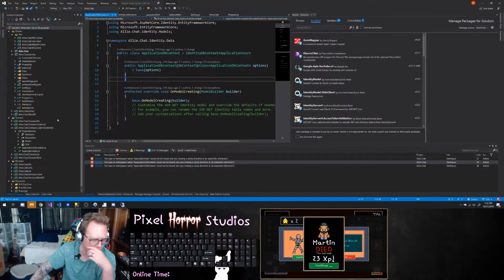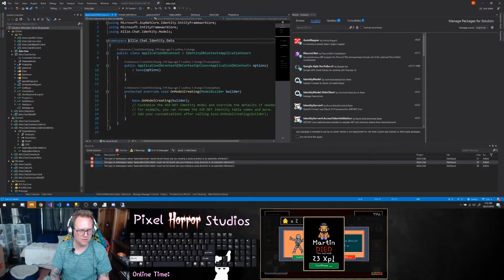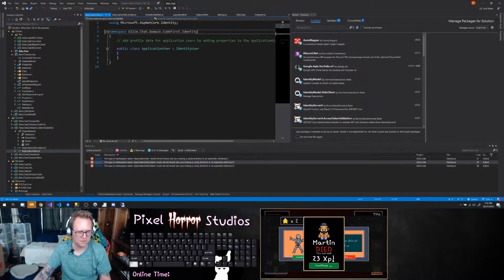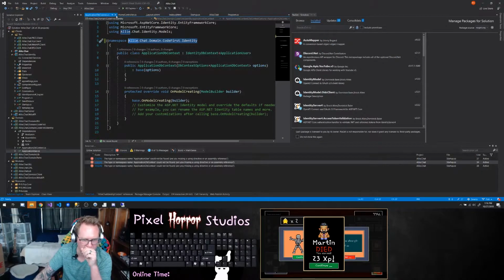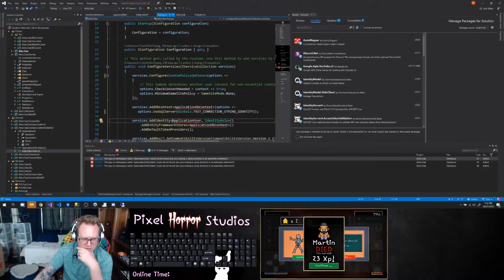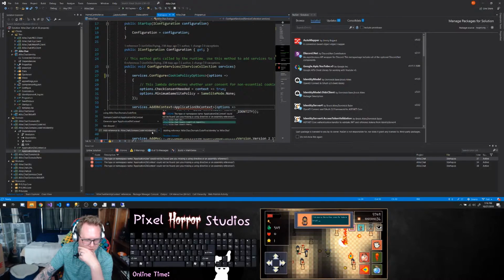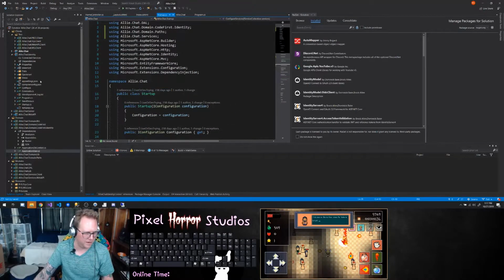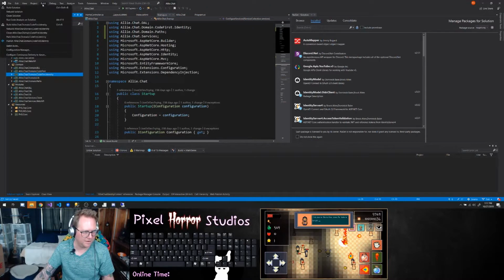Okay. So now in here we can change this to be Allie.Chat.domain.codefirst.identity. And then the same thing here. And so now here, this doesn't know where to grab it, so we can now point it to code first identity. And it's very happy with me. And if I were to rebuild this,